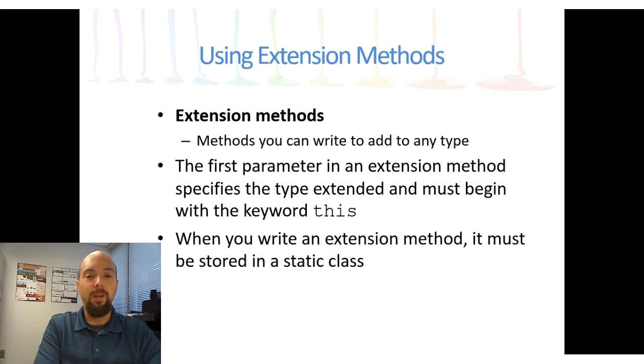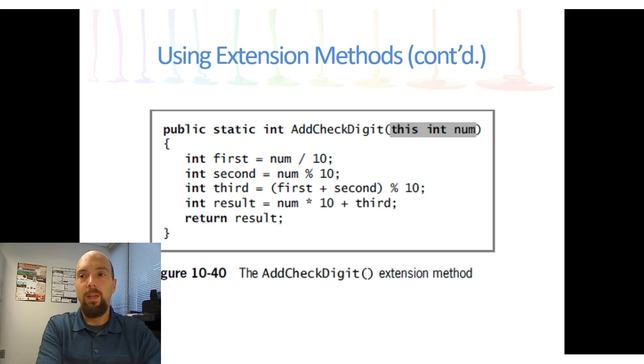We're taking some variable that looks like a number, the value in it looks like a number, and we're converting it to something that looks like a string, and then we format it a certain way. Well, that's an extension method. Alright, we can write our own, and the way that we do this is by using a method declaration that